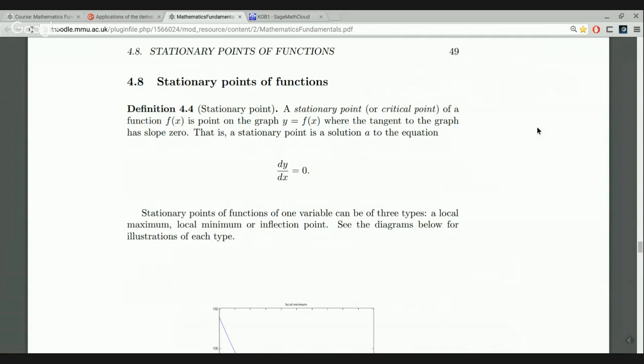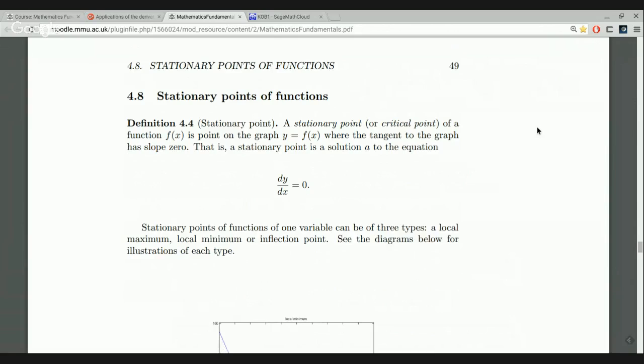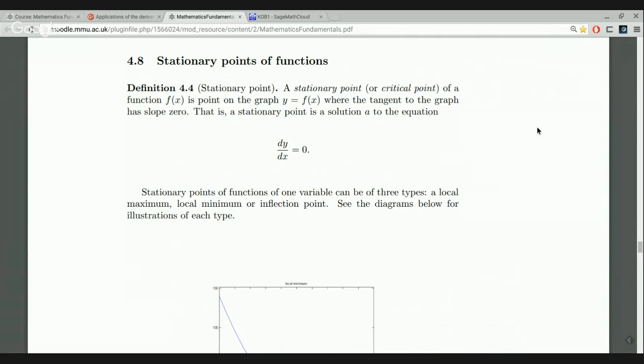You may well have seen this before, but it's a nice application. It's one of the important uses of calculus, of the derivative, that we can apply to functions, and it's a way of solving optimization problems of various kinds. So we have this definition at the top of page 49, where a stationary point or